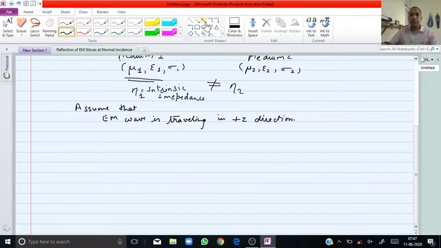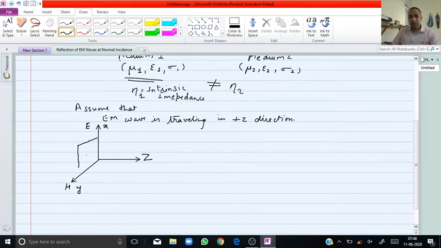Okay, it means it looks like this. This is the direction of propagation, and we have assumed that the E is lying in the direction of X and H is in the direction of Y, so that this plane